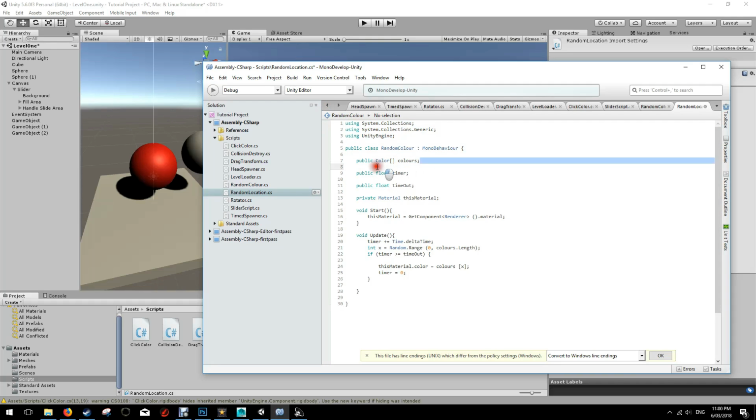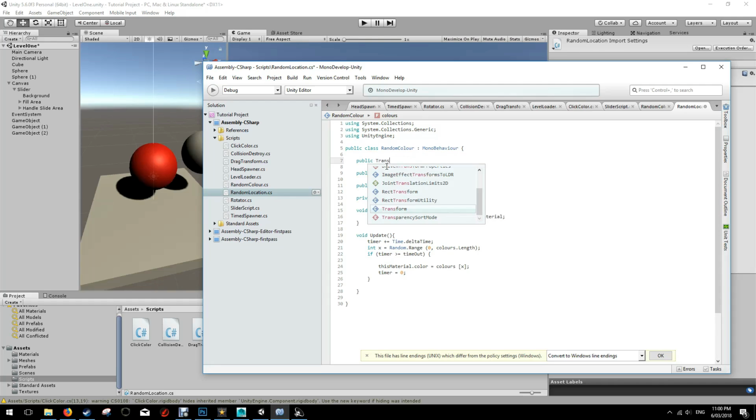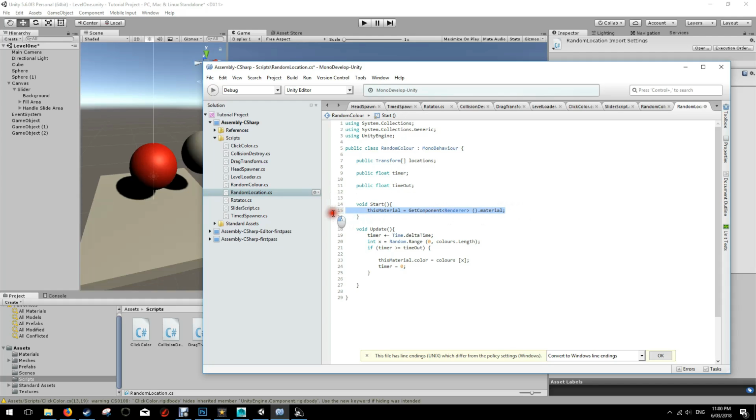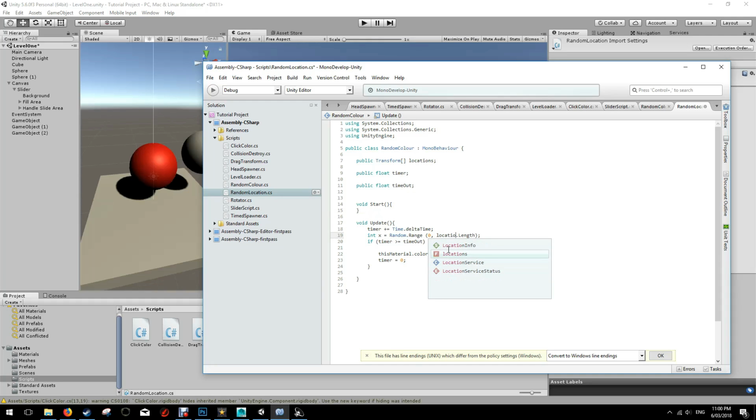So instead of colors, we're going to go transform. We're going to go locations, and we don't need any materials. We're going to go exactly the same. We're going to have a random range. Instead of colors.length, it's going to be locations.length. If the timer times out, then we're going to go